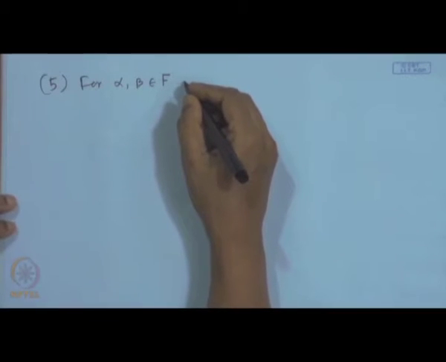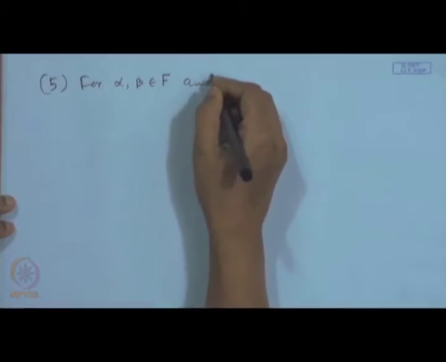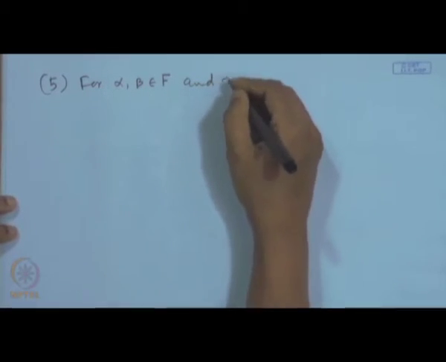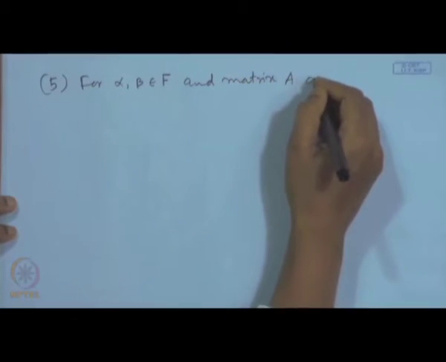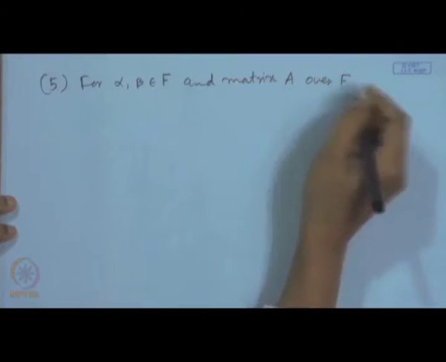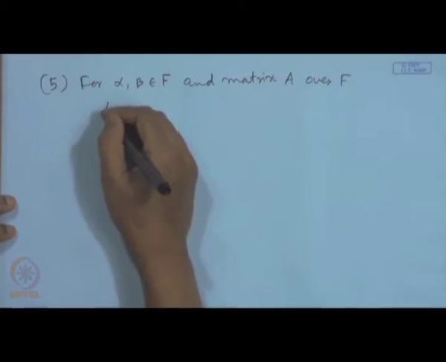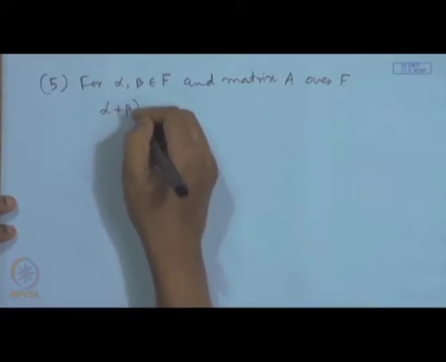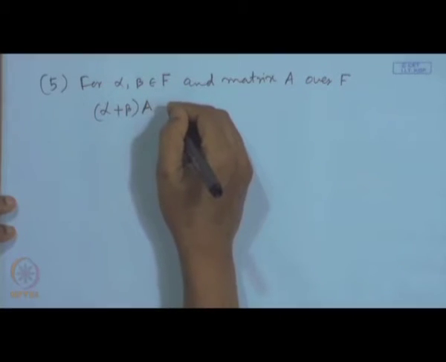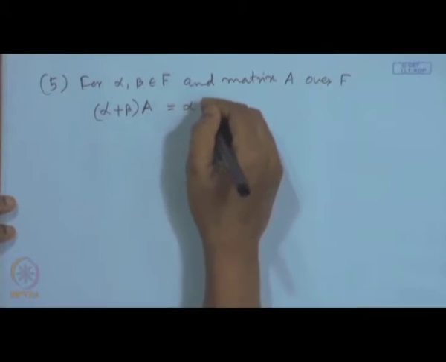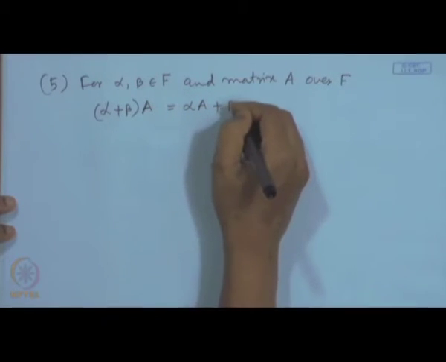For alpha, beta belongs to F and matrix A over F, alpha plus beta times A is equal to alpha A plus beta A,